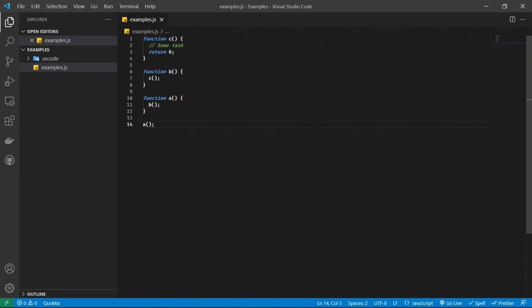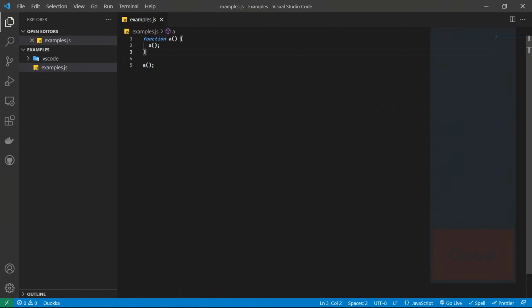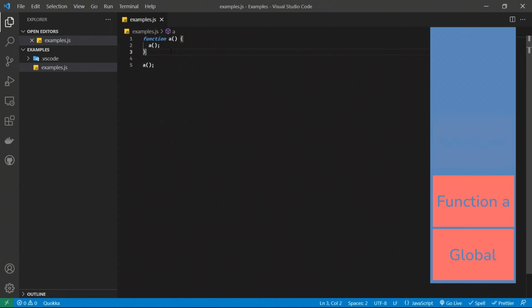It is very important to understand this for recursion because in case of recursion, a function calls itself. So let's say we have this function A and it calls itself. So when this starts executing, it will call itself. Then this will create a new execution context and it will get pushed onto the stack. And again, this will call itself. So another execution context will get pushed and this will go on until the stack overflows since there is nothing stopping it.